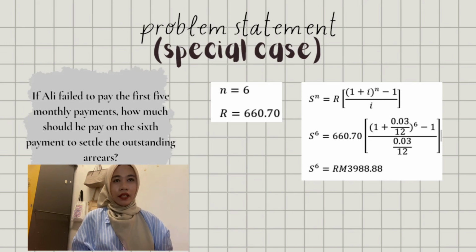S to the power of N equal to R bracket 1 plus I to the power of N minus 1 divided by I. S to the power of 6 equal to 616 and 70 cents bracket 1 plus 0.03 divided by 12 to the power of 6 minus 1 divided by 0.03 divided by 12. So the final answer is S to the power of 6 equal to RM